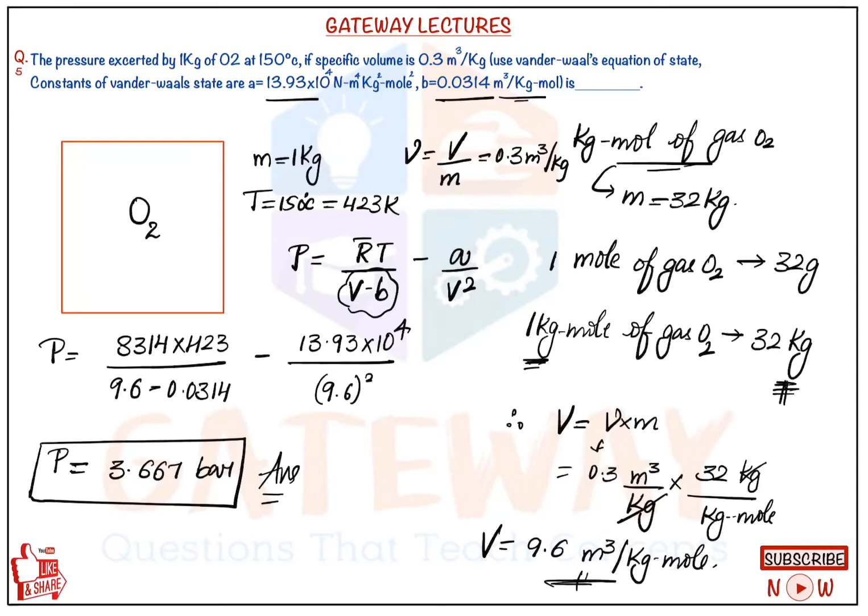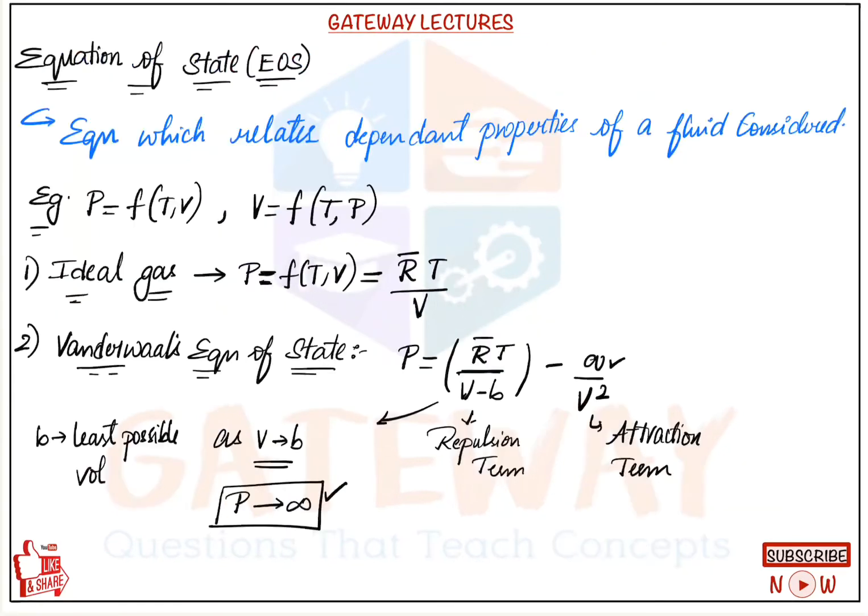This question is actually easy when you know what the van der Waals equation is. When we are learning something or doing any numerical or any concept, we need to know the complete details. We need to know the fundamentals. So here it is said van der Waals equation. Everybody will know the van der Waals equation of state, they'll just simply apply it, and it is very easy actually. But you need to know what the van der Waals equation represents. What is the difference between the van der Waals equation and the ideal gas equation? What is meant by the equation of state?